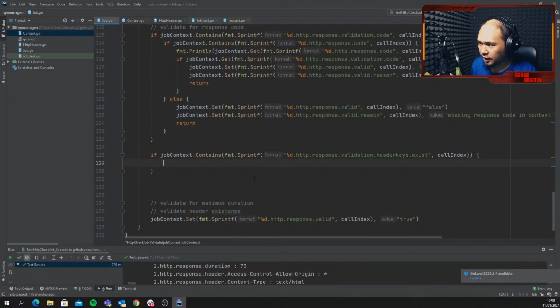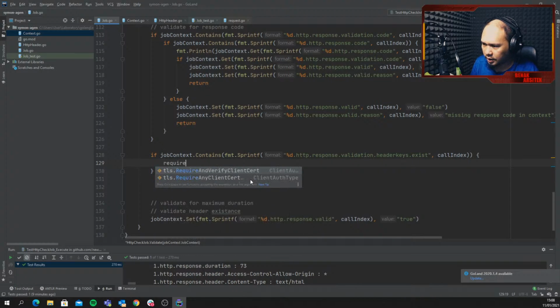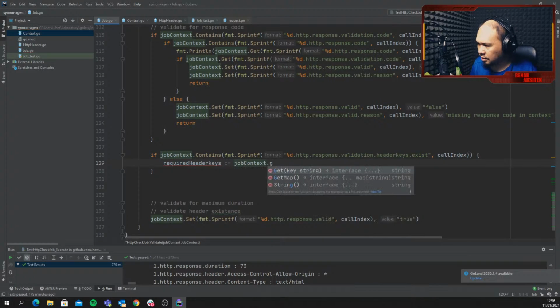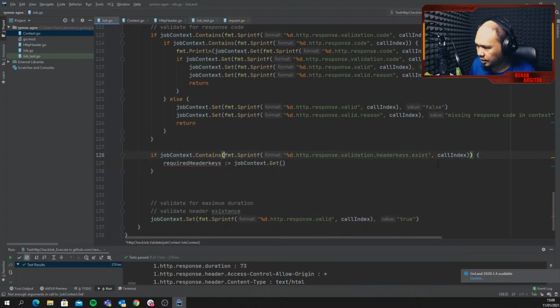But we need to know the header required. So required header key equals job context dot get this,